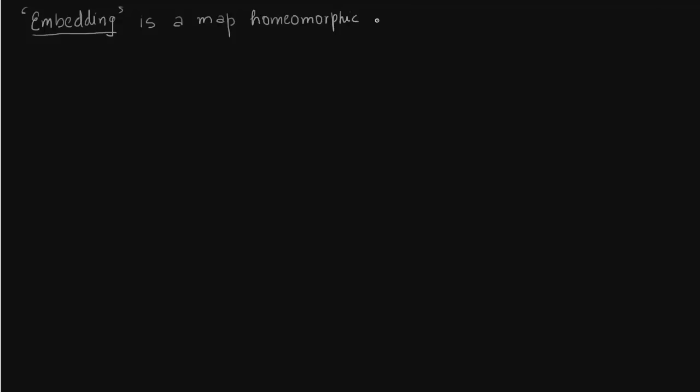So take an embedding of a disk. Take a disk D^k, k could be anything. You take a disk and you embed it in the sphere.